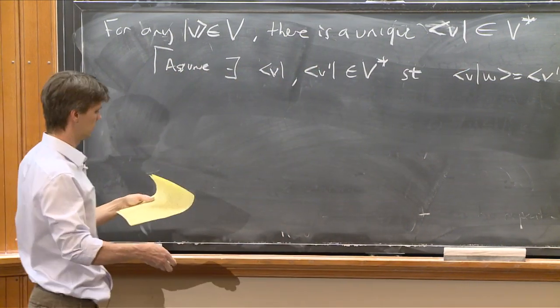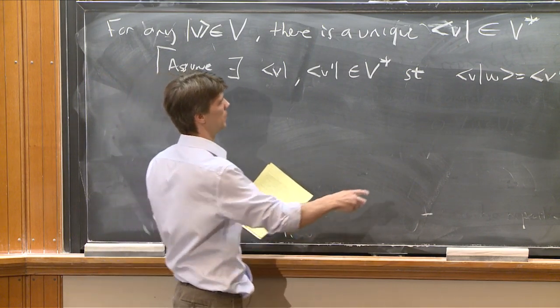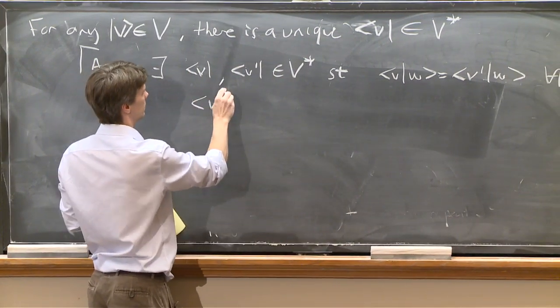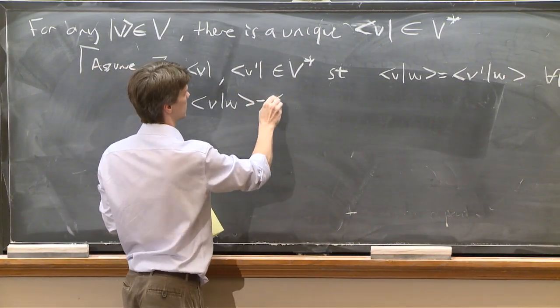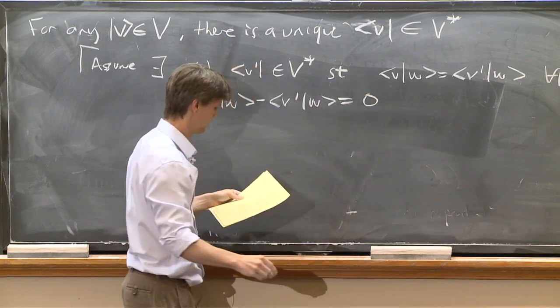Okay, then we can construct from this. I can take this over to this side here, and I just get that vw minus v prime w is equal to 0,